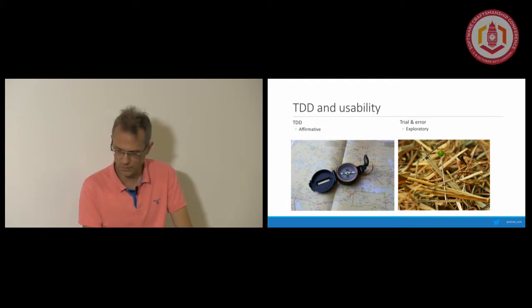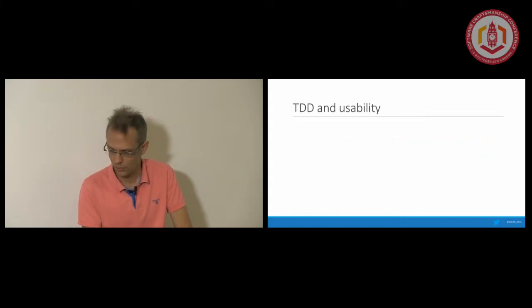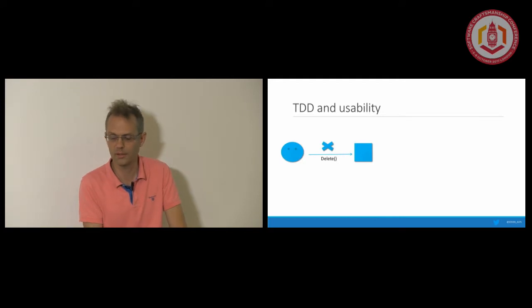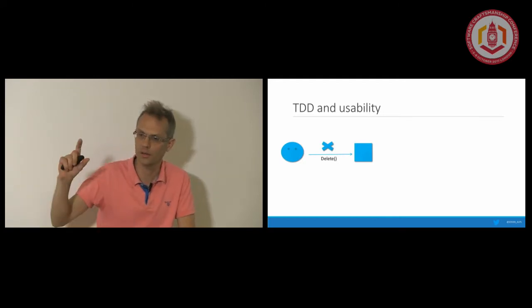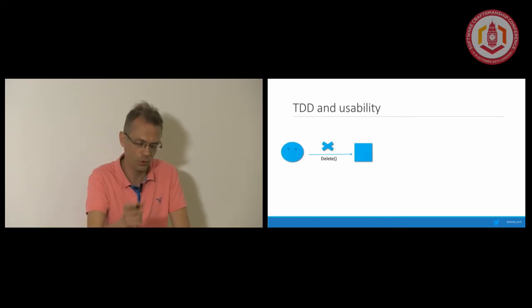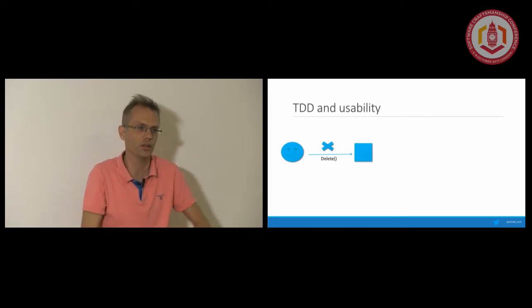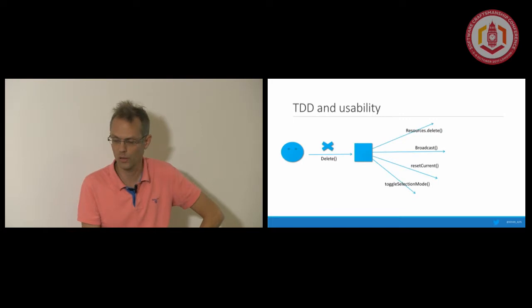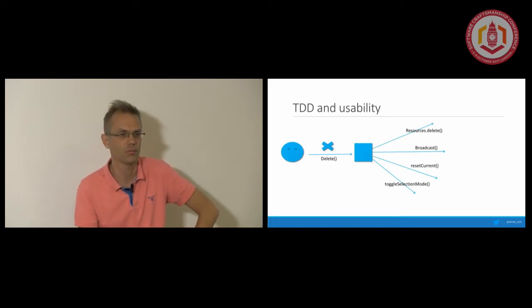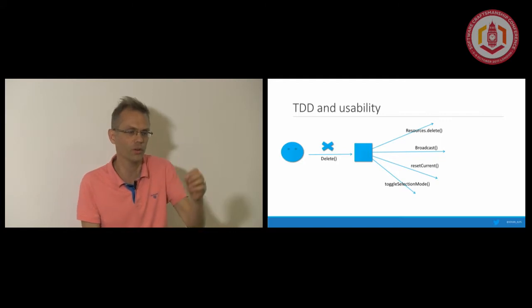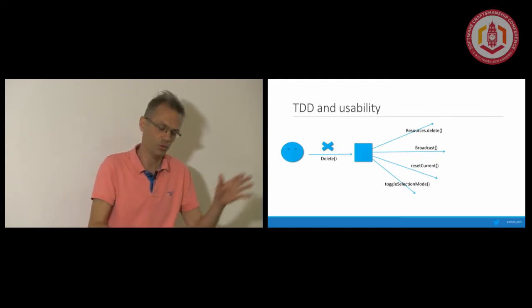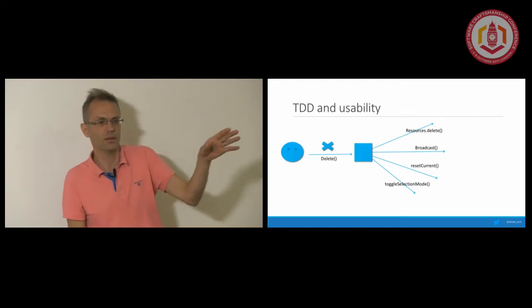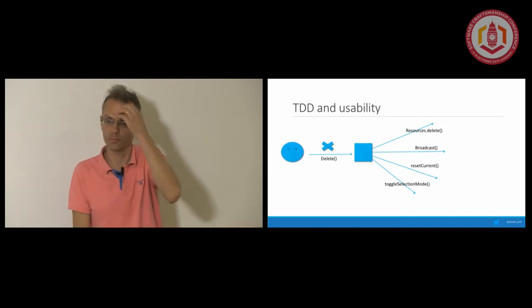But there's a usability difference between both of them. I want to show you an example when I tried to apply TDD on a front end, and I wanted to delete a part of the page, an object in the page. It turns out that object links to a lot of things, so I had to assert this. I pretty much knew about 3, and quickly found out about 3 or 4 things that I had to call. So my test had to state, okay, given this state, then the effect is I call these things.